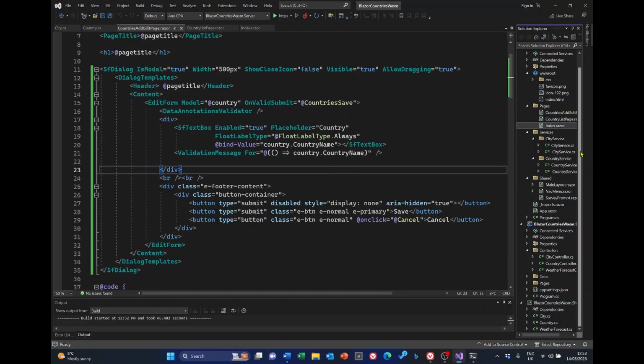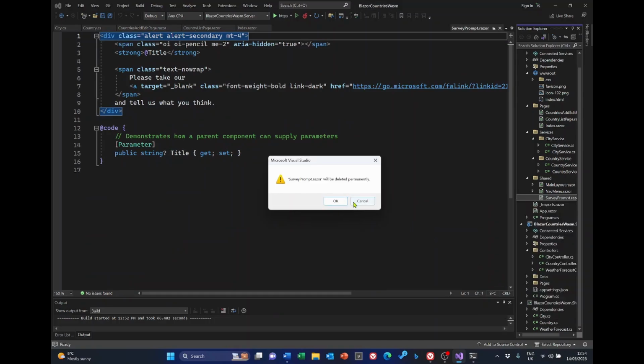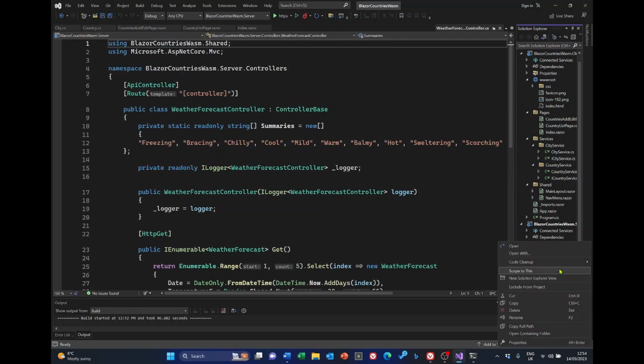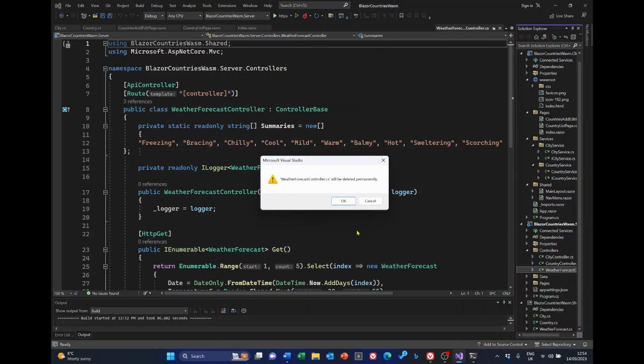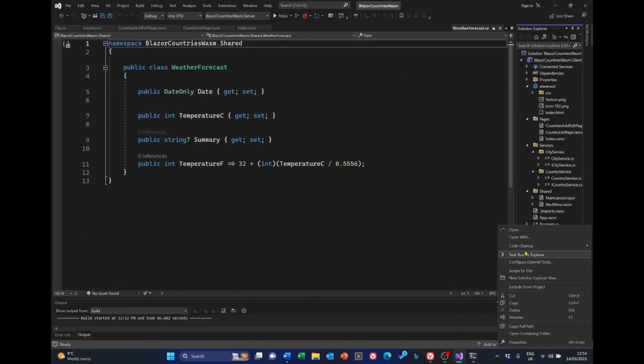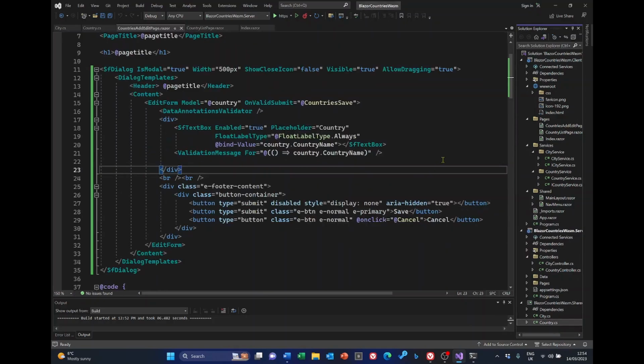We don't want the survey prompt, which is down here. We don't need the weather forecast controller. Or the weather forecast model class. So that should have got rid of the gross